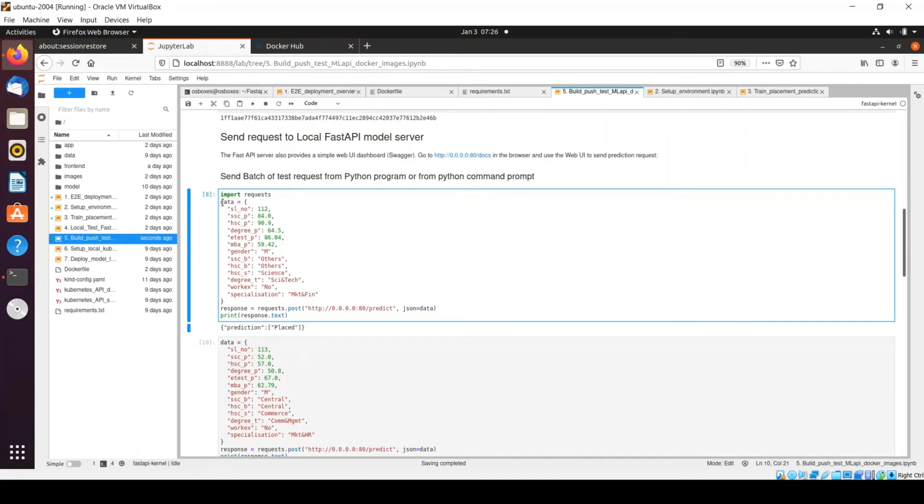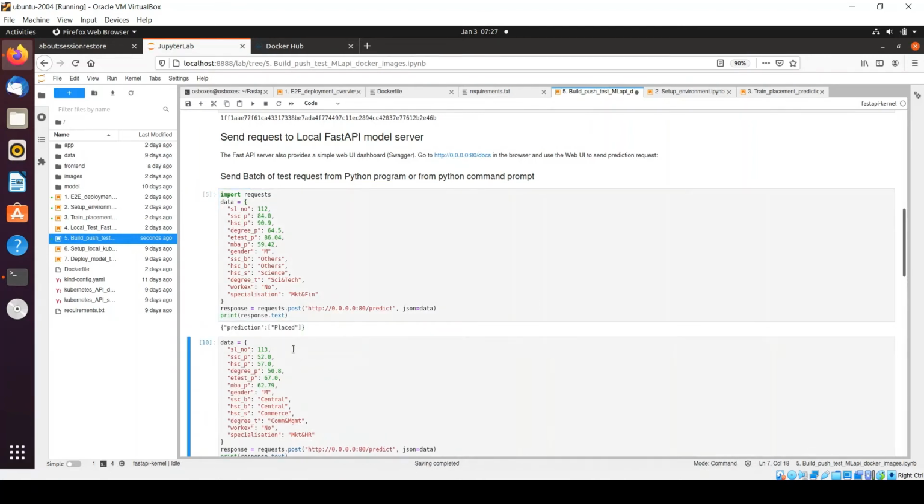Here I am simply using data, and I have populated the JSON layout in this way, and I am posting a message with the help of requests.post, providing the endpoint of my machine learning API and passing data in the form of JSON, and we'll simply run it.